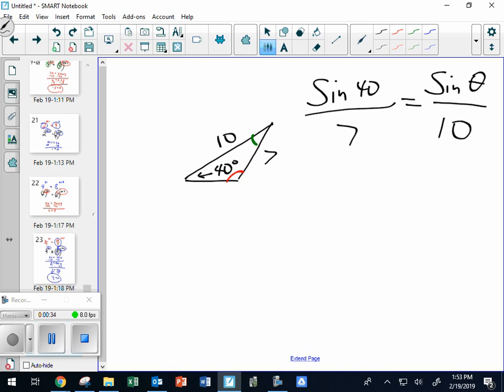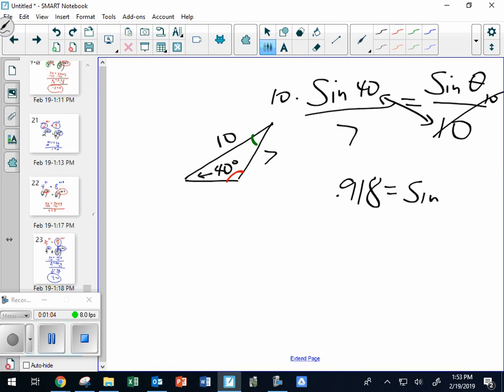10. And then you do sine 40 and you times it by 10 and you divide it by 7. You're doing basically that times that, and then you're multiplying both sides by 10. There's another way to think of it. And the 10s will cancel. Okay, so 10 times sine 40 divided by 7. So let me type that in. 10 times sine 40, and then divide that by 7. And I get 0.918